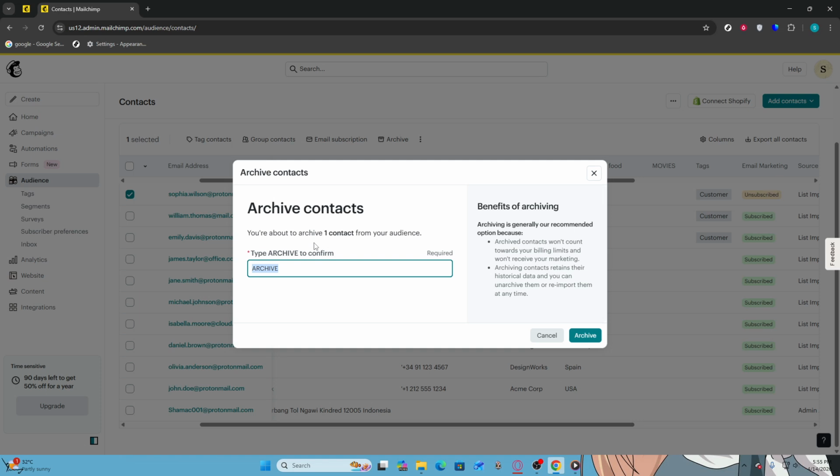This step is necessary to ensure that archiving is intentional. Once you have typed Archive, click on the Confirm button. This action will archive the selected contact, removing them from your active list while preserving their information. It is important to note that archiving does not delete the contact, allowing you to restore them if needed in